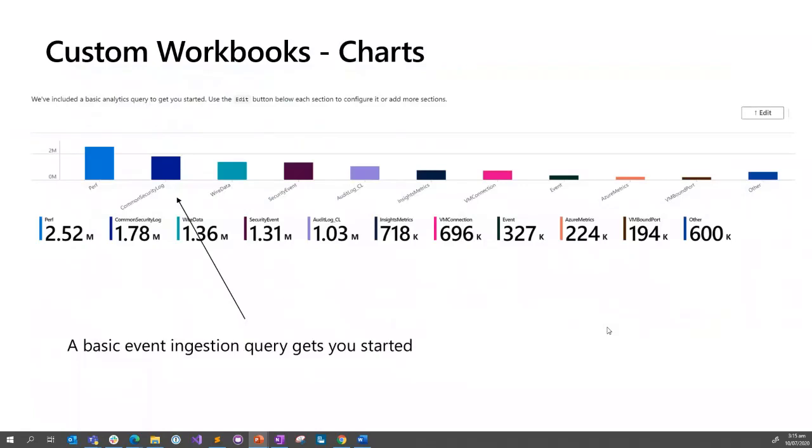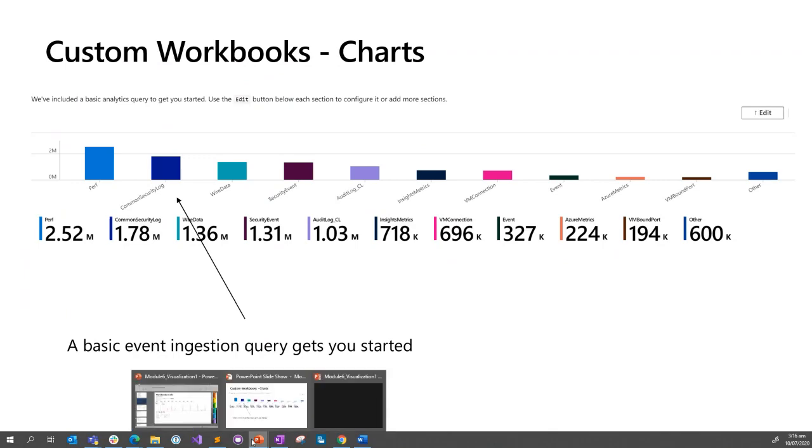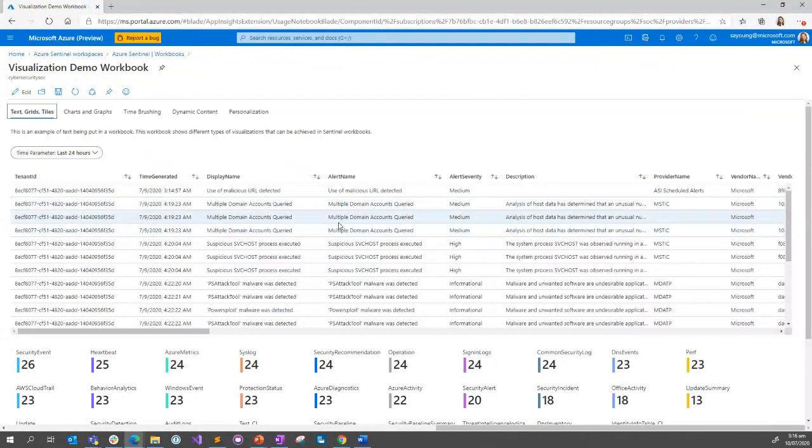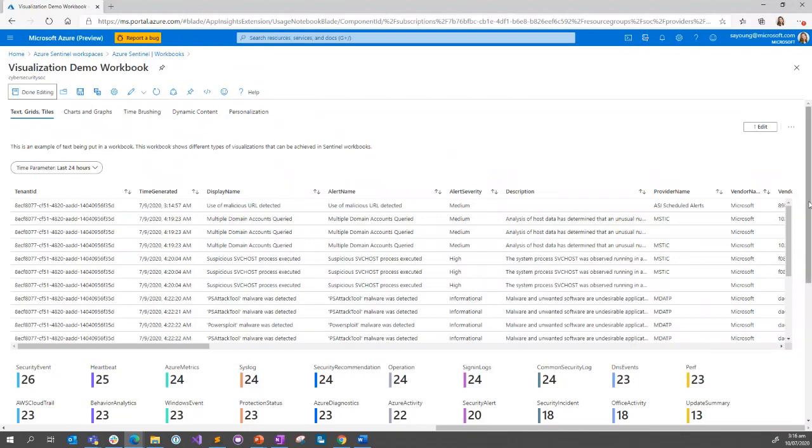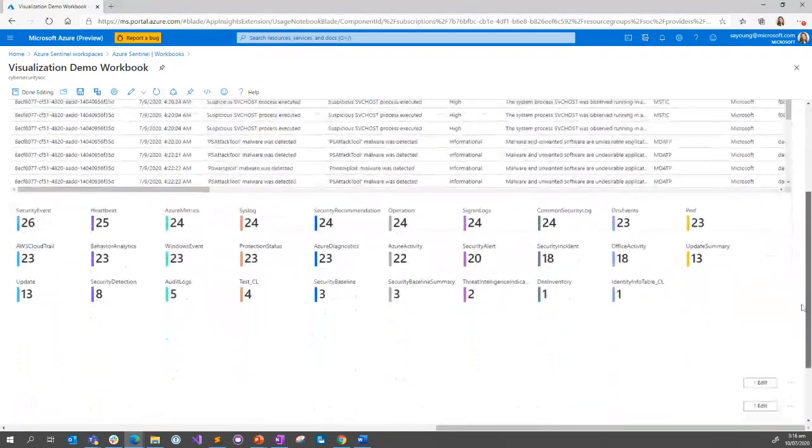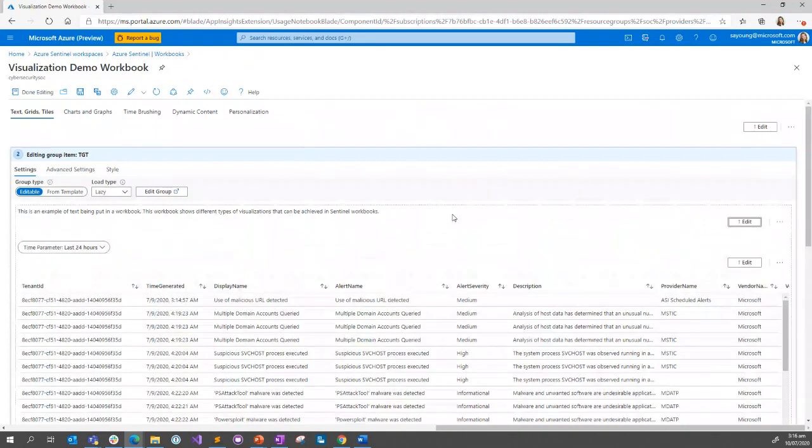So the main thing when we're just looking at custom workbooks to start with is the type of charts. Now, as I said, and as I just showed you when I created a new workbook, we start you off with a very basic query that basically just tells you how many events are going into the different tables within Sentinel. Now, if I go back to my slides here, I'll just show you, if I go into edit, kind of what's behind here. So if I edit this one,